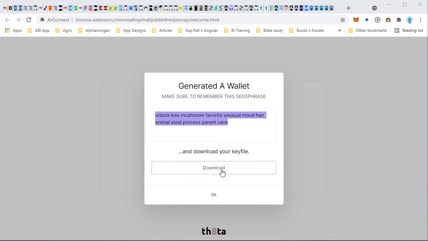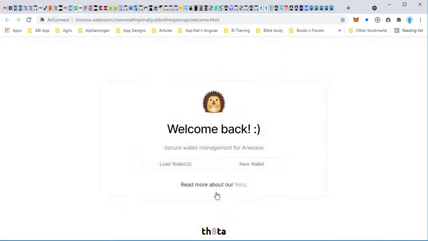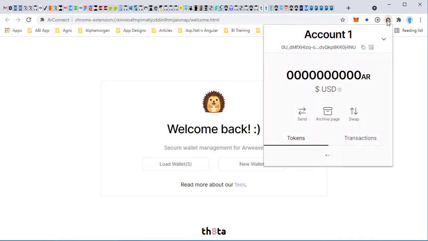And then, of course, you can also download your key file so that you can save the key file, so you can always use this with other Huawei wallets that support key files. But for now, since I have the seed phrase, I'll just go ahead and choose OK. Now, once I do that and I come back here, I will see my Huawei wallet here. This is my Huawei wallet, and I can do whatever I want to do with this.